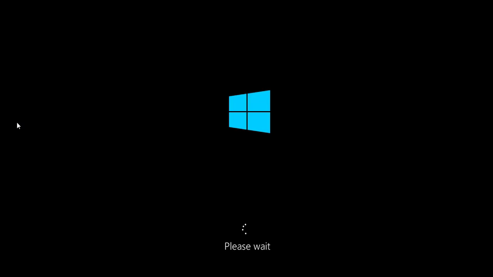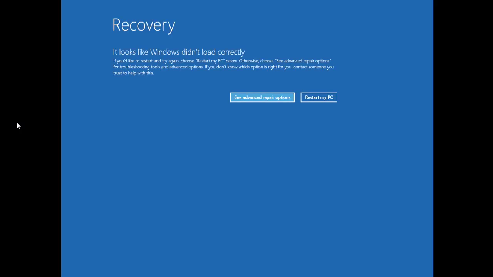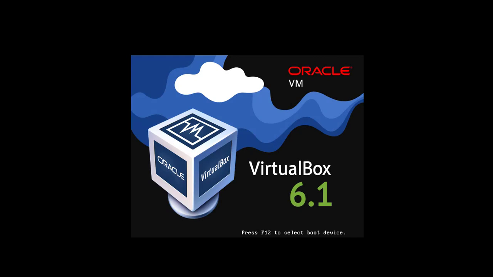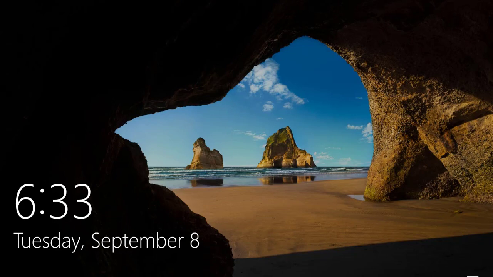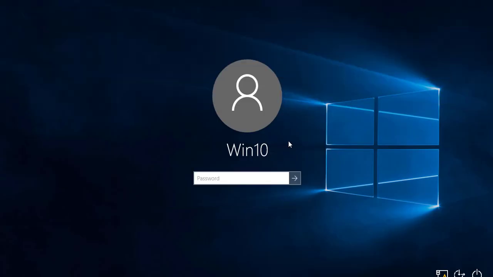Now you can see it started. Now you can see Windows has started.